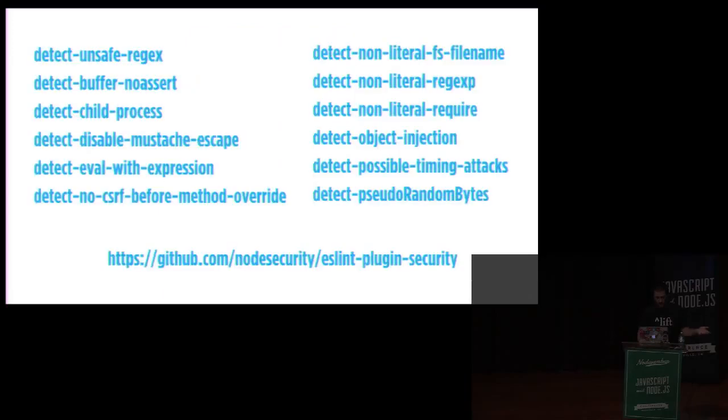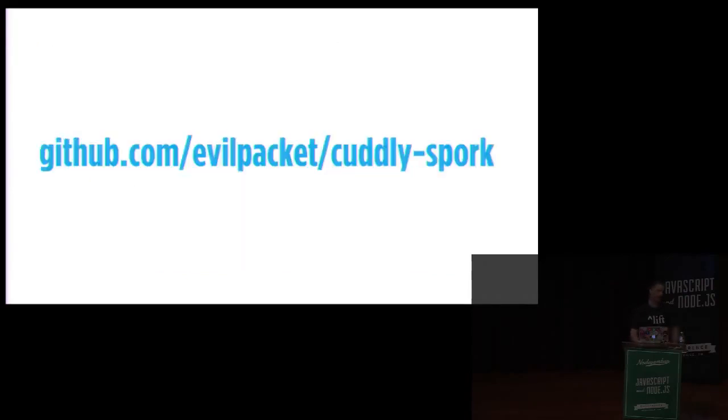So here's some fun stuff that may help you. Here are some ESLint rules that we're going to release today that deal with security patterns. So we kind of improved our game from grep. We said, hey, grep kind of stinks. Let's get a little more context. Let's use the AST and the tools that we have. A few of them try to find unsafe regular expressions, and different patterns that we've found very common in code. They're not that great. Don't add them to your project and expect your linting to pass, because they're going to find a bunch of false positives, but they tell you as a human where you might look, and you might find something.